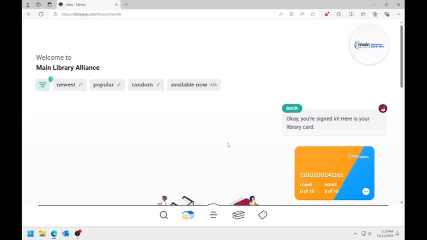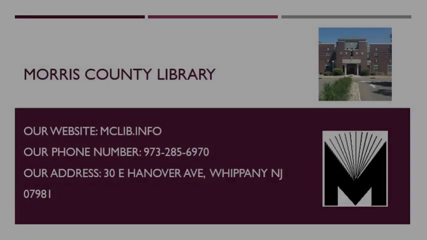Digital reading through Libby offers numerous benefits. You can carry a whole library in your pocket, access books instantly, and reduce your environmental impact by choosing digital over physical copies. By following these steps and taking advantage of Libby's features, you can unlock a world of literary